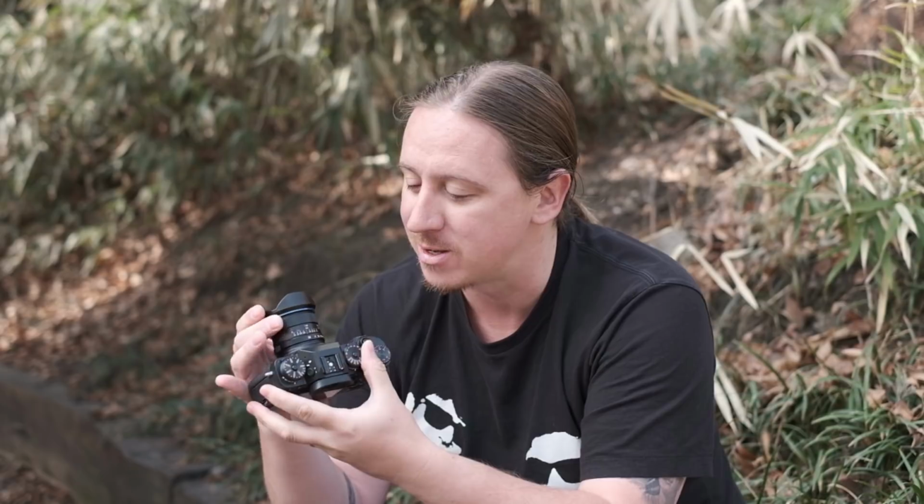That 1mm really does make a huge difference. So if you're looking for something wide, this might be the way to go. One other concern that you might have is that you're actually going to have to manual focus this guy. For people who are used to autofocus lenses, this is going to be a little bit of a learning curve,